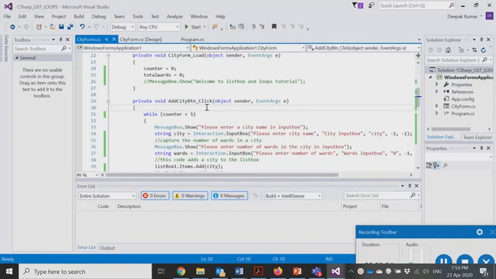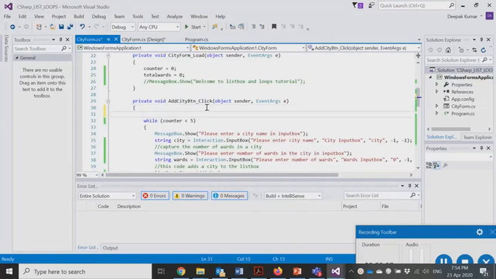So you could say simply like a message box dot show to say, or rather, please enter the number of cities, total number of cities.